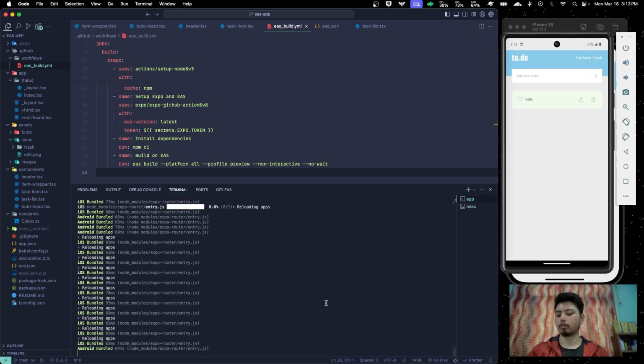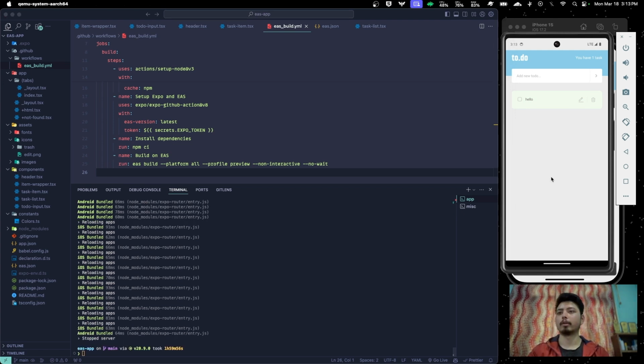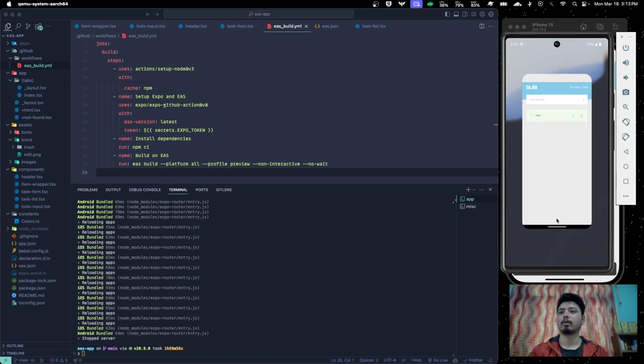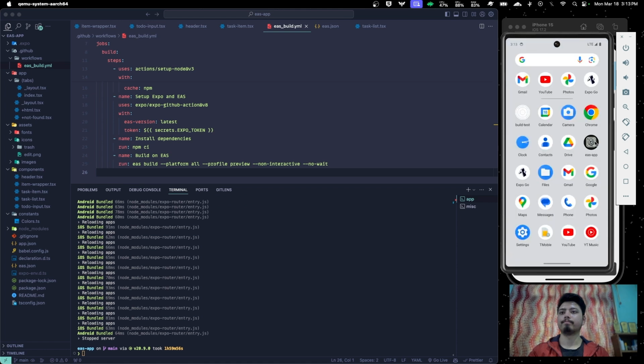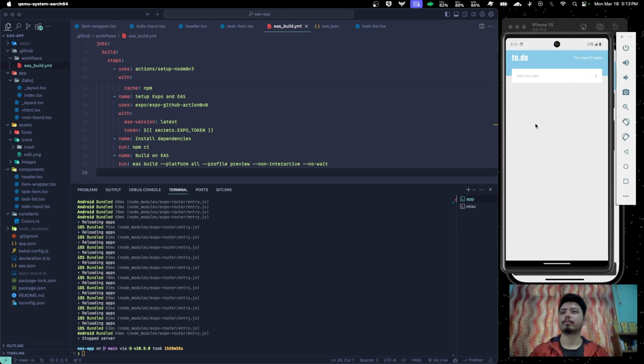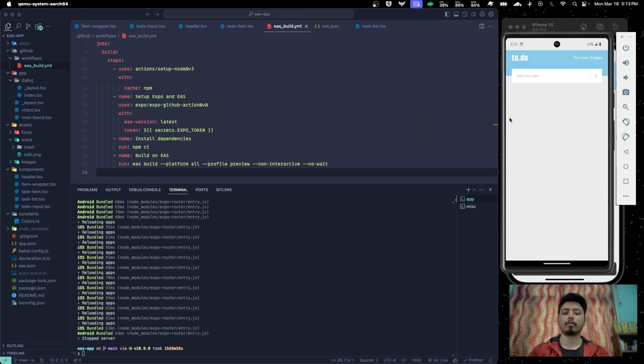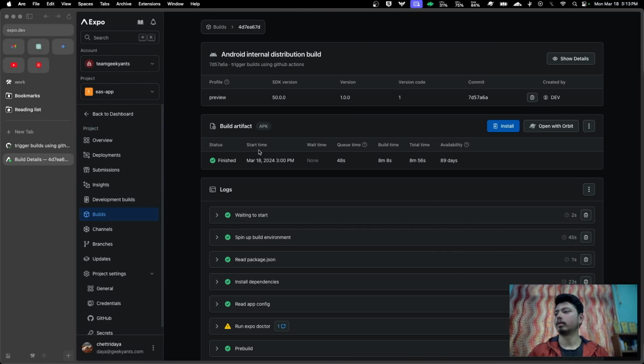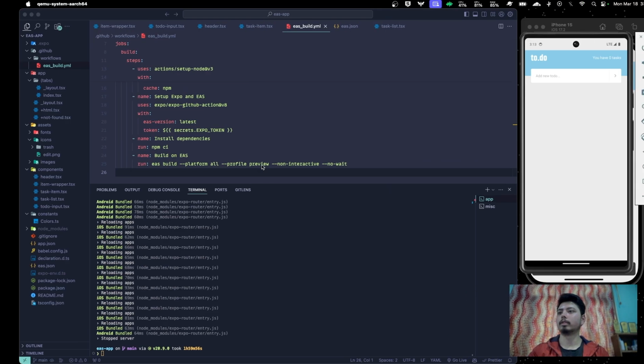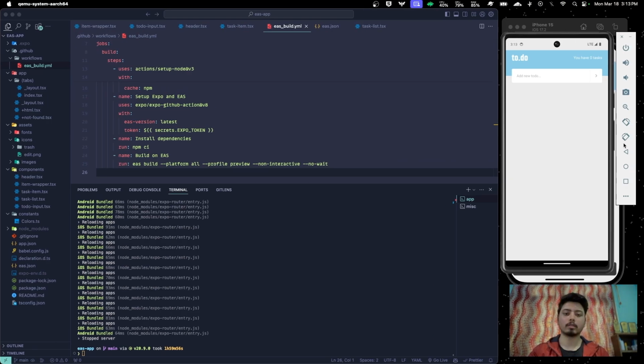To show you that it's working, I'll just disable the server and reopen the app. Go over here. So it's not dependent on the live server. It comes with the JavaScript bundle we had shipped while building the app. So this is how you can utilize GitHub Actions to build your projects, but it's not